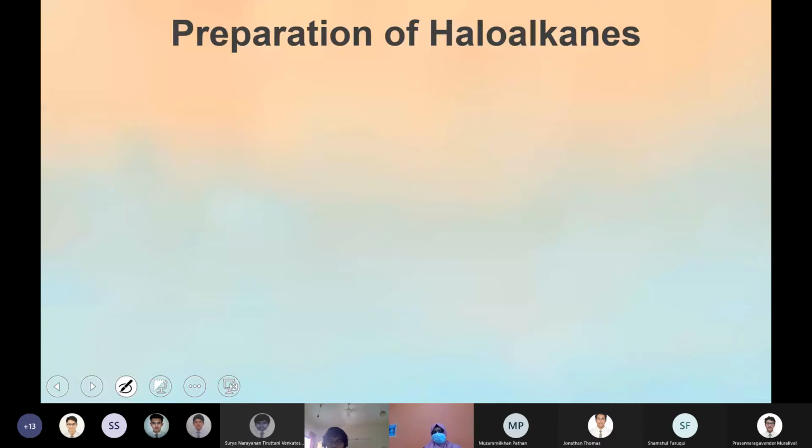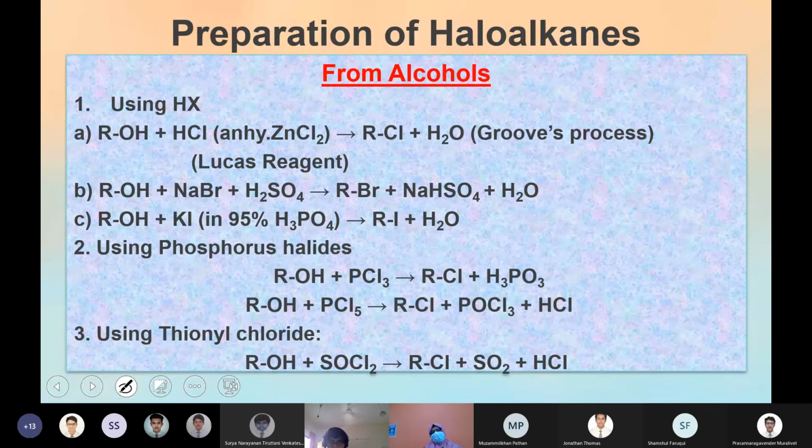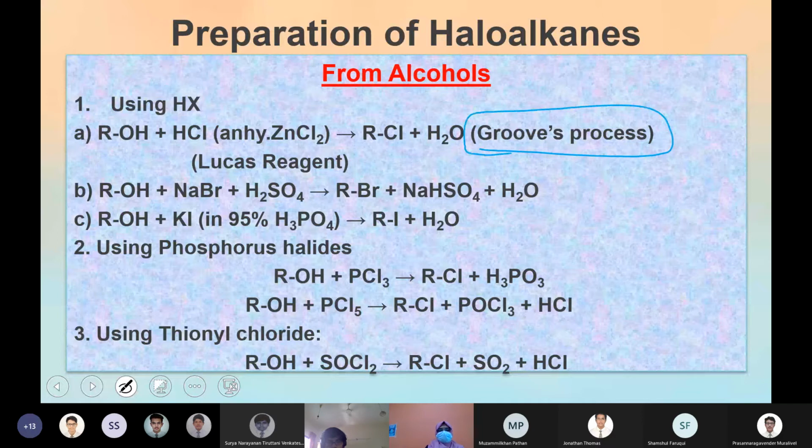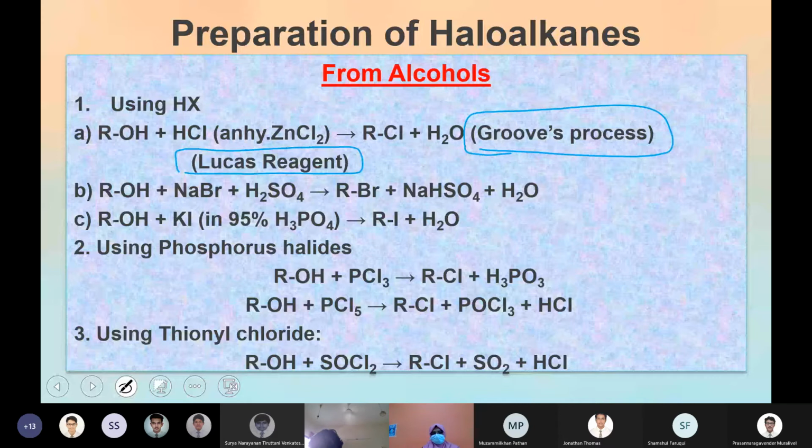Ma'am, they might ask the name of the process, right, in MCQ or something. Yeah, but not this one, because there are so many important name reactions coming. So this is just the preparation, so name reactions they won't ask. The process is there, so you have to note that down. And the reagent, the name of the Lucas reagent: HCl in presence of zinc chloride. Make an extra note of that. Other than that, they don't go for these kinds of easy questions. There are so many particular name reactions coming, so those will be of more importance.